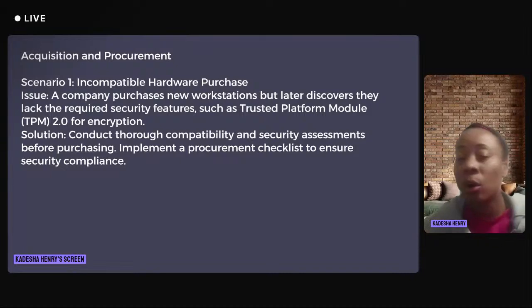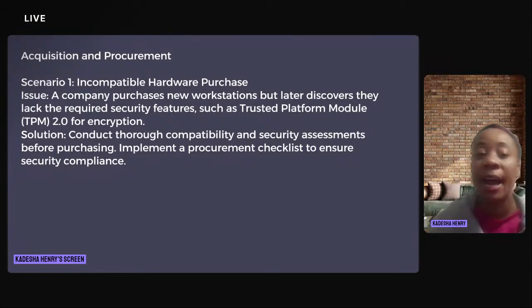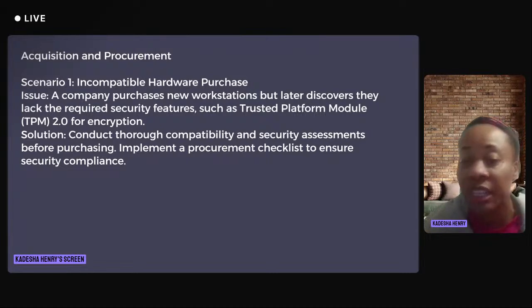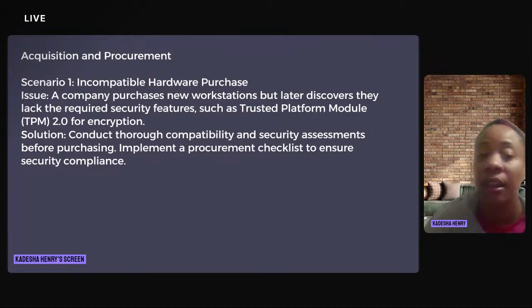So you went out, you were told to purchase some hardware, right? And then you realize after purchasing those new workstations that you discover later they don't have security features. They don't have a trusted platform module. They don't have the module that helps in encryption. What are you going to do? The solution here is to conduct a thorough compatibility and security assessment before purchasing, implementing procurement checklists to ensure security